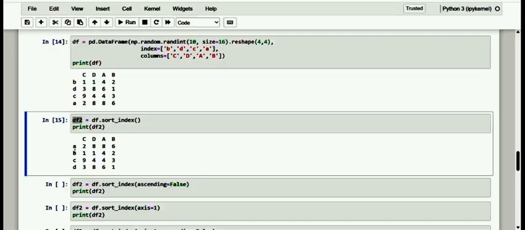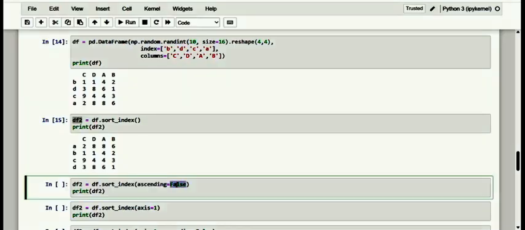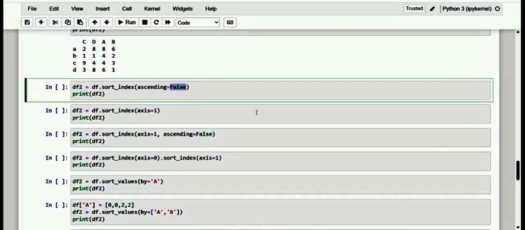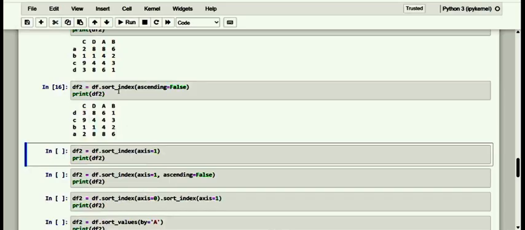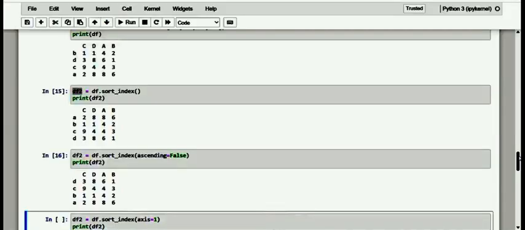On the other hand, if we need to sort the labels in descending order, of course we can simply add the ascending parameter and set it to False. So that is the very simple manner. Kindly have a note of it. Here we go with the same thing, and I just want to make it in descending order. So see, descending order D, C, B and A, where in the 15th cell we just got A, B, C, D. And of course, if you want to have a note of the original created, it is in unordered B, D, C, A.